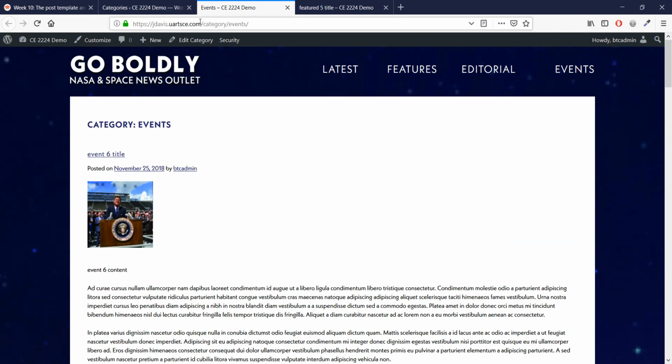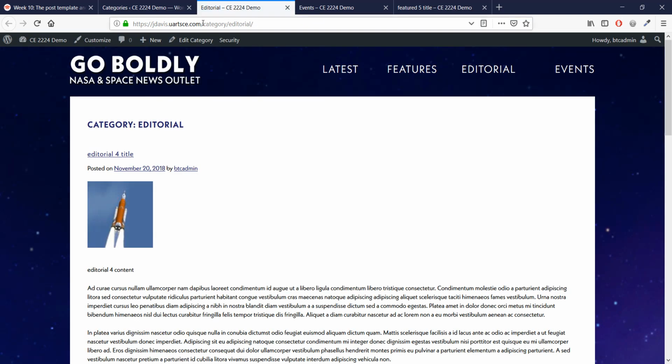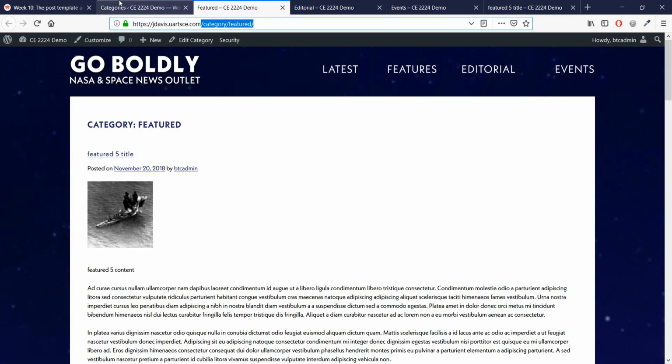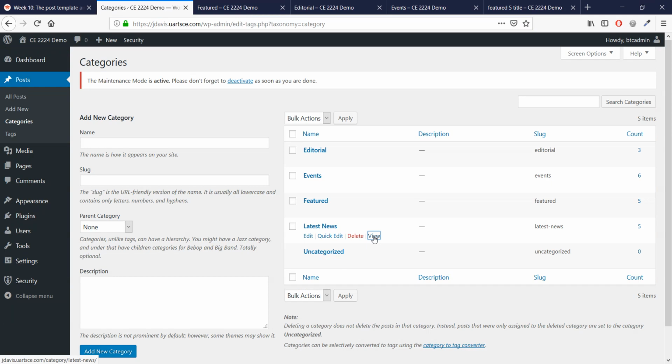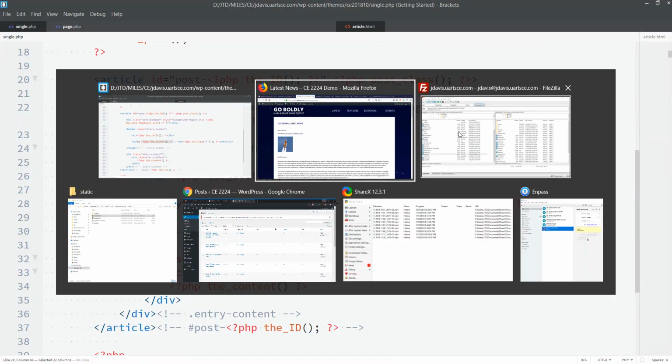Now, what I'm going to do is go ahead and copy this URL that I have here, where it says /category events, or /category editorial, or /category featured, or /category latest news. I'm going to go ahead and use these URLs inside